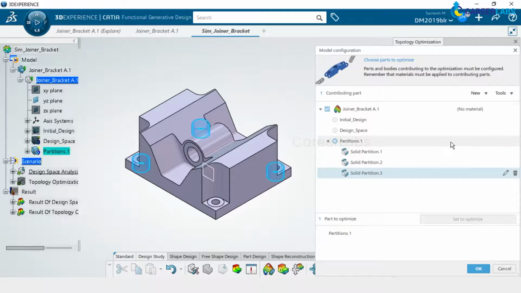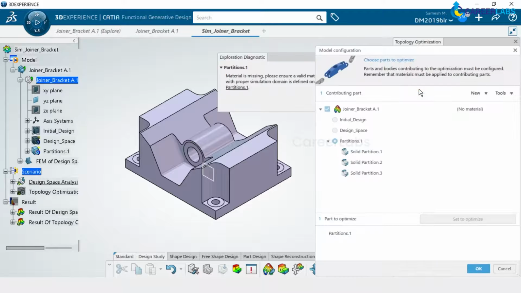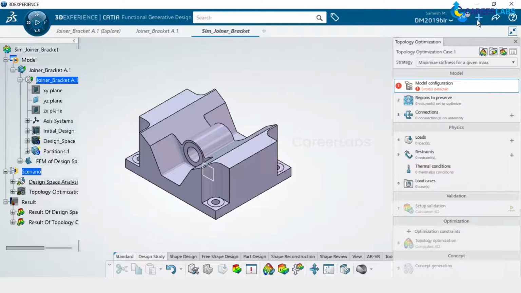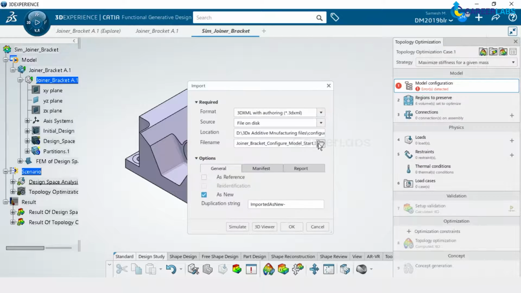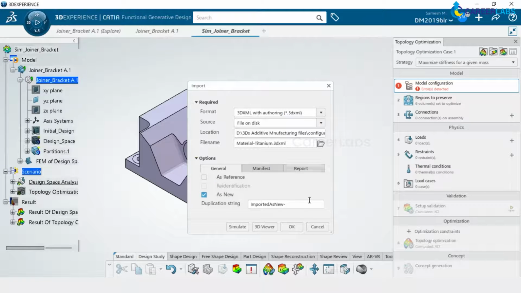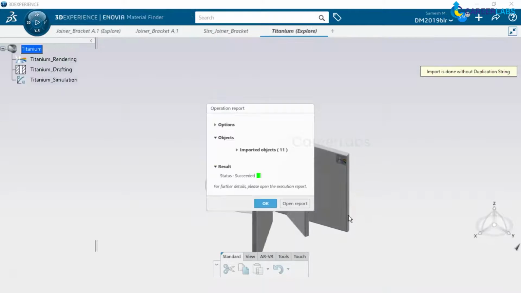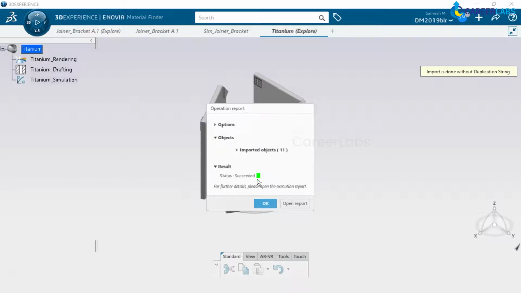Okay, so then I go and say okay, but then I see that I get an error here. So first we should see what is that thing that we have missed. So I'll just go and click on the error, and I see that okay, the material property is missing. So let's assign the material property. Okay, so to assign material property, I will have to again import the material, which is titanium, which needs to be opened. Okay, so this is how we will import the material property. You can even customize the material property. So material import is success.